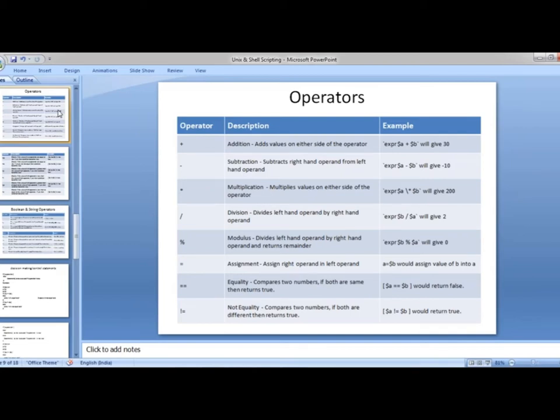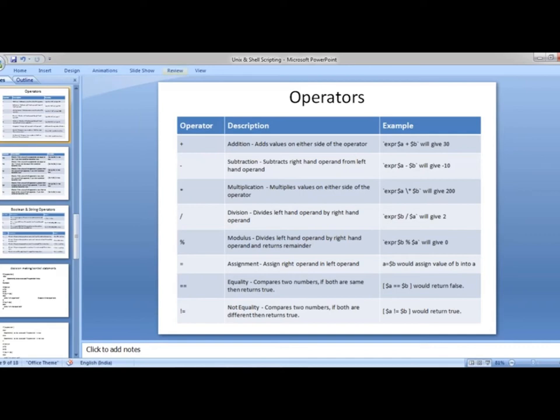When you use slash, it actually gives you the quotient. When you use percentage, it returns the remainder. If it has any remainder, it would return back the remainder. Slash gives you the quotient. When you do a division, you get a quotient and a remainder, and these two operators speak about those two aspects.